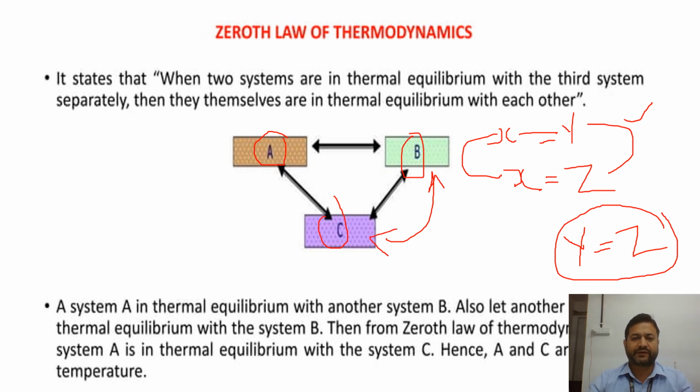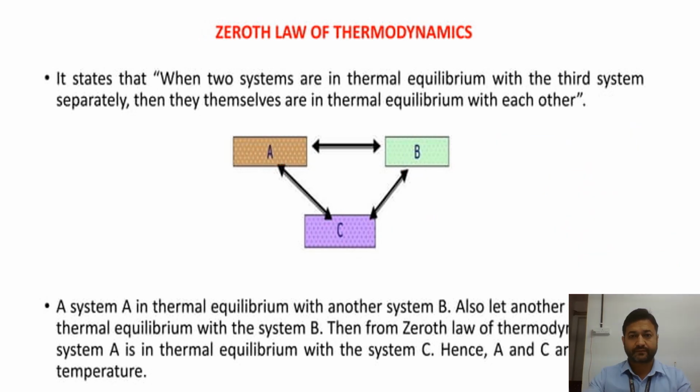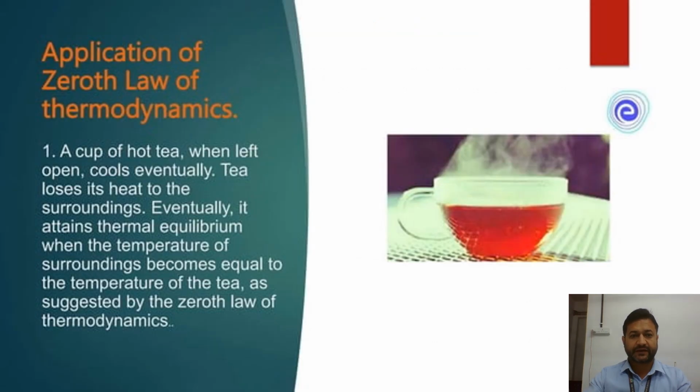And where we will use this application of the 0th law is in temperature measurement. Like we will place 3 bodies, and then we will leave those bodies to come to thermal equilibrium. Then automatically we will get the unknown body temperature from that experimental setup. Okay. Now the application of the 0th law. Application includes, like,